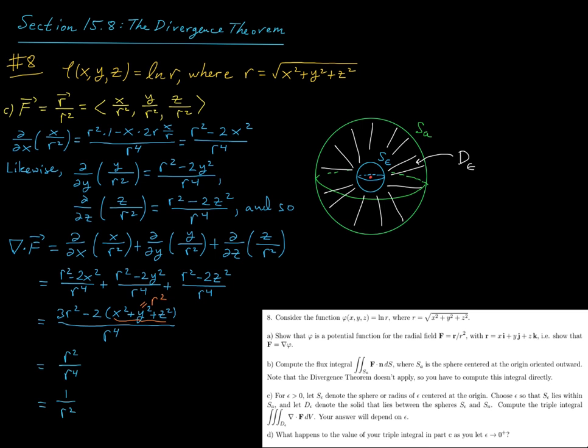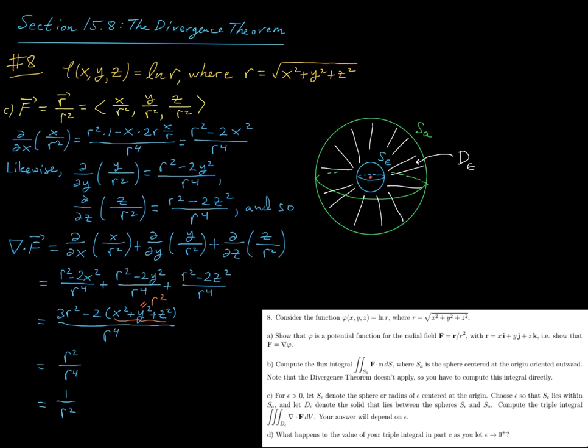So to compute the divergence, I'm going to need the x derivative of the i component, the y derivative of the j component, and the z derivative of the k component. So the x derivative of the i component I can compute using the quotient rule together with the chain rule. All right, so I'm going to do low d high, so that's r squared times 1,